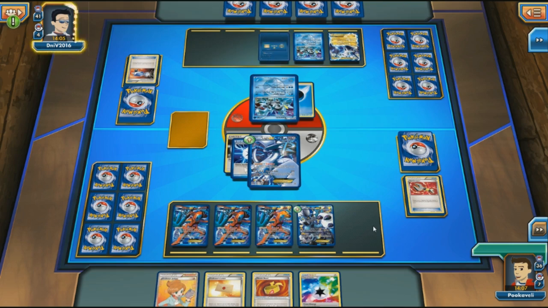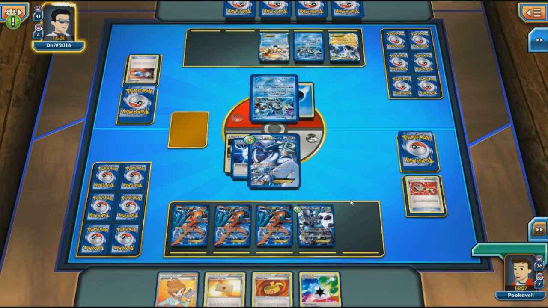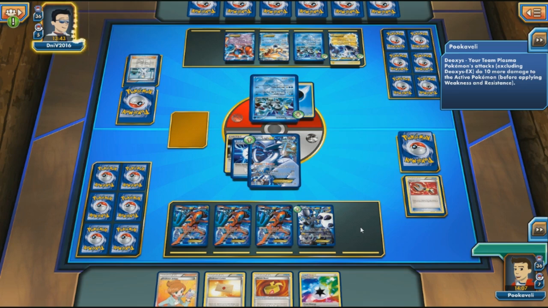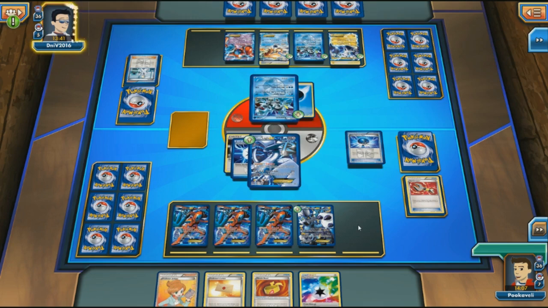Unless he can actually knock out Lugia, this seems like a very risky play. And there we do see the Keldeo EX, so this is very focused and centered around Kyurem's Blizzard Burn. This is a very old-fashioned way of playing Plasma, something that really dominated in the 2013 season. Team Plasma decks were all over the place, and we just see a Lightning Energy go on to Thundurus EX, so it looks like he is planning on using Rush In and then retreating to Thundurus EX to kind of soften